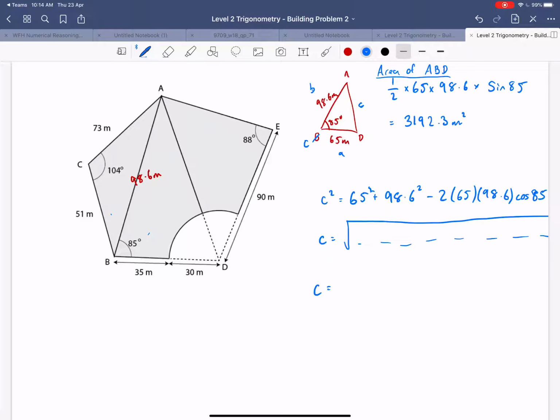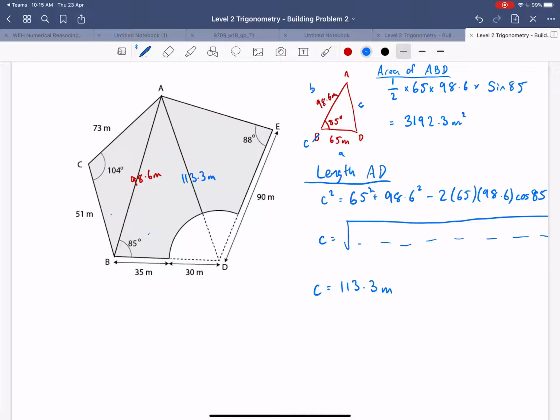Do it on your calculator. You're going to get the length for AD as 113.3 meters. Okay, so that is length AD, and that is 113.3 meters. So when doing this, please make sure that you are